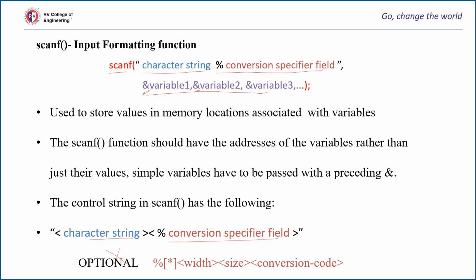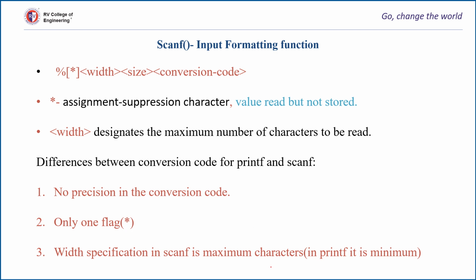Now what is the format for it? We have only one flag, that is the assignment suppression flag, followed by width, size modifier and conversion codes. We'll just have a look at them. The flag, that is star, is called an assignment suppression character. If we want to read a value but do not want to store it anywhere, we make use of this flag. For example, I have something like this: scanf